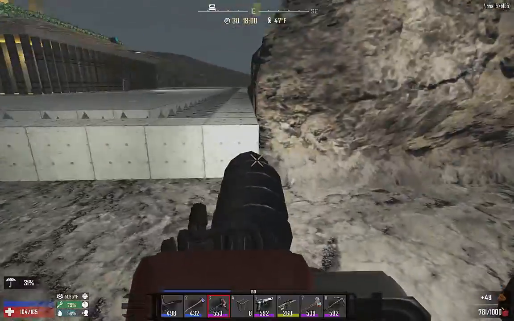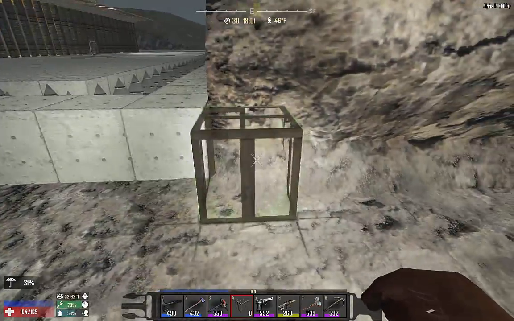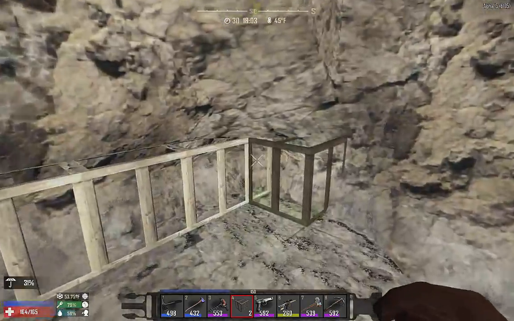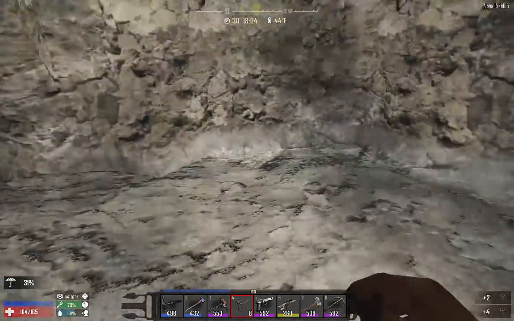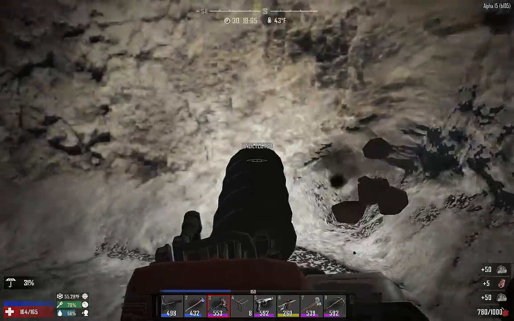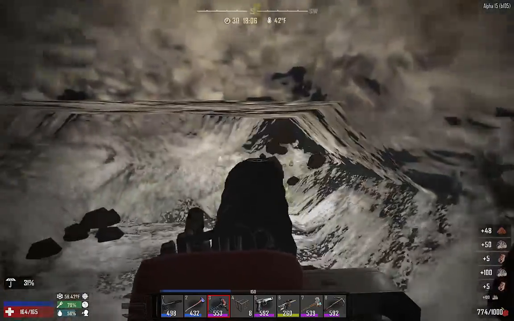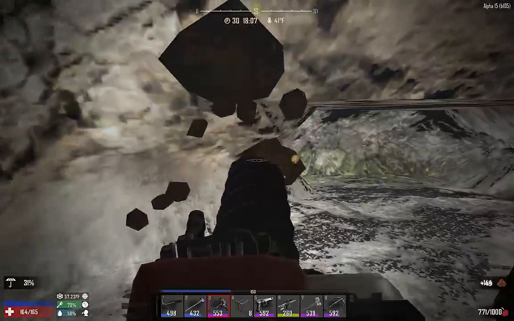So we need to know how far back to go. So that's 1, 2, 3, 4, 5, 6, 7. We need to go back 3 more to be 10 back. So if I do 1, oh, you see there's some stone in there. So there's 2, and there's 3. There's a little bit of stone peeking up right here, but